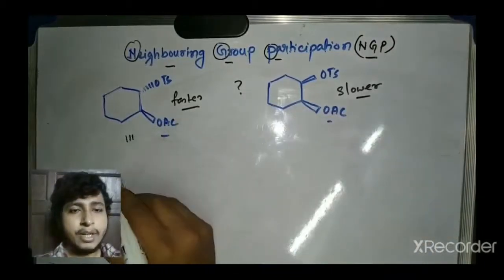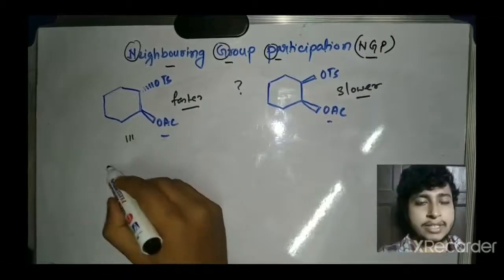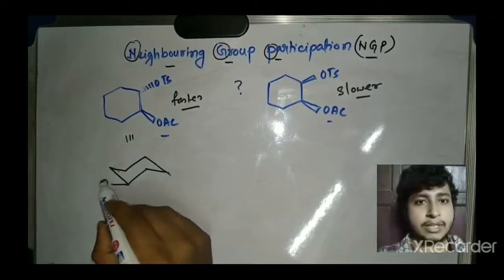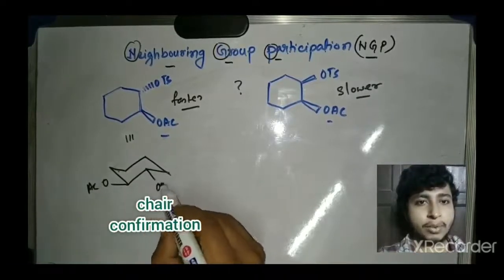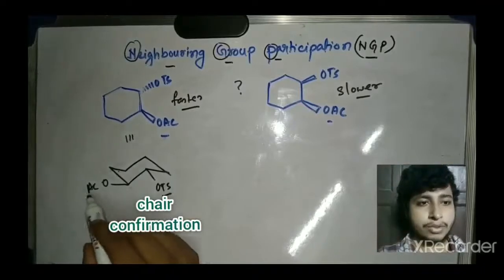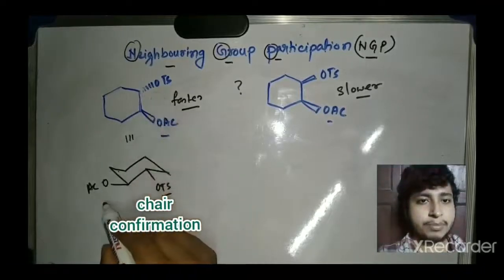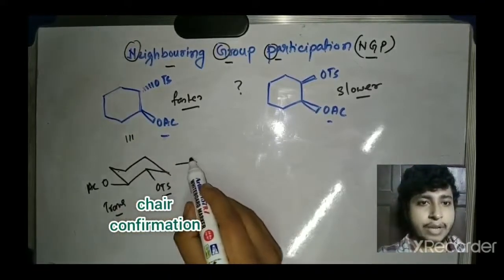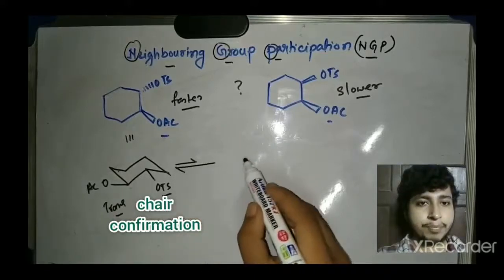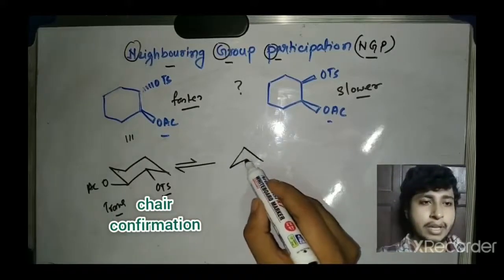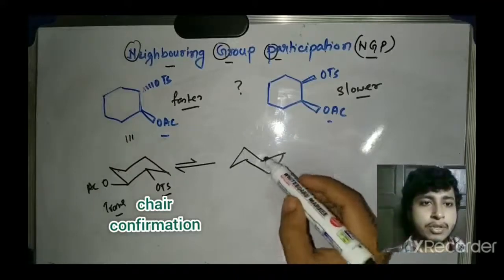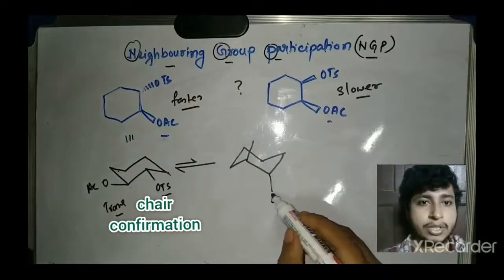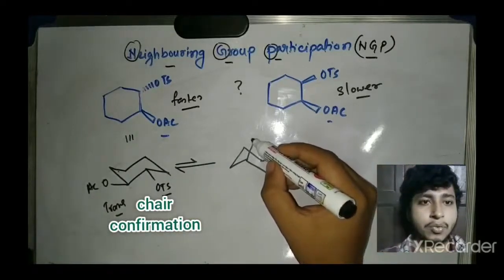Why? If you see the structure, this is the boat conformation of this structure, where the OAc is in the plane and the OTs is below the plane, and both are equatorial. This is the stable form of this compound, and this is a trans geometry. If the ring flips, it will form a chair conformation, where both OTs and OAc go in the axial